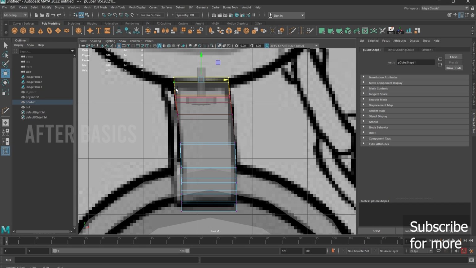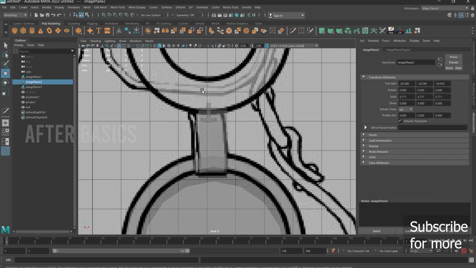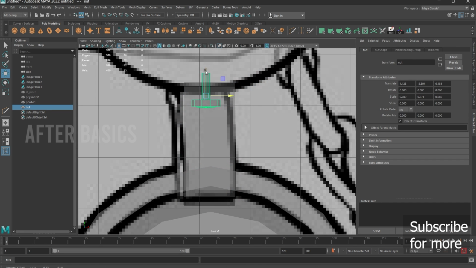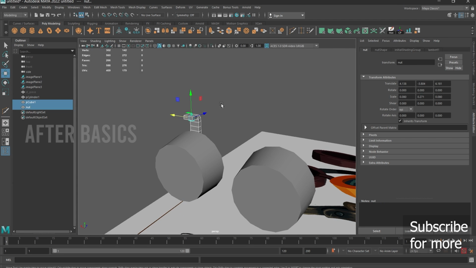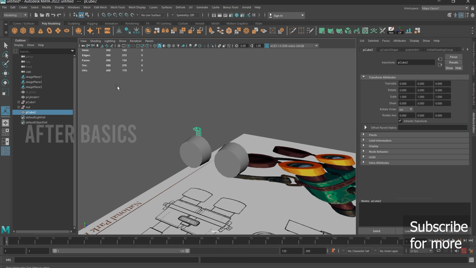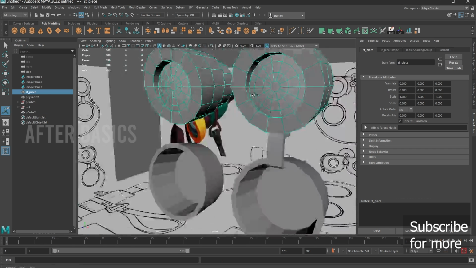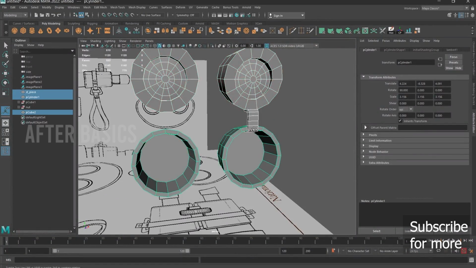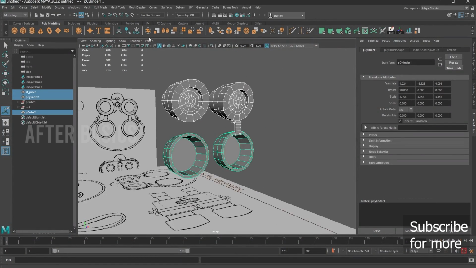Okay, so turn up them. Then again, I think I shouldn't do that. Okay, so this one will be in the right center of this part. Now select both of them, combine them, then symmetry. Okay, we need to do one more thing before we continue later parts. So I'm gonna combine them,